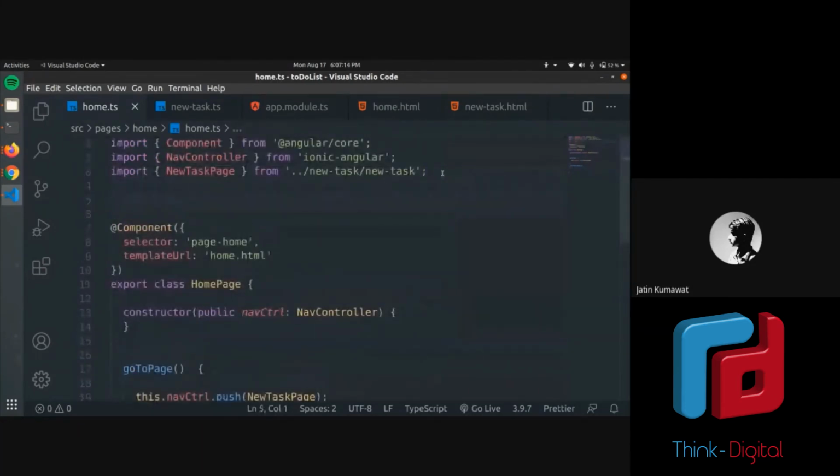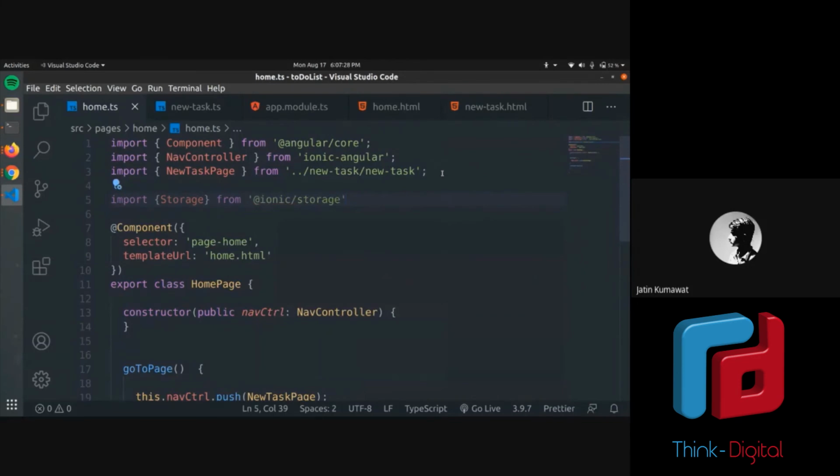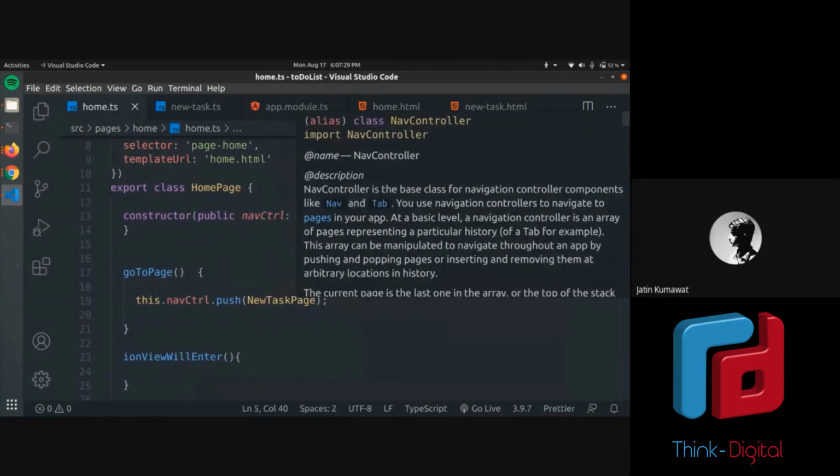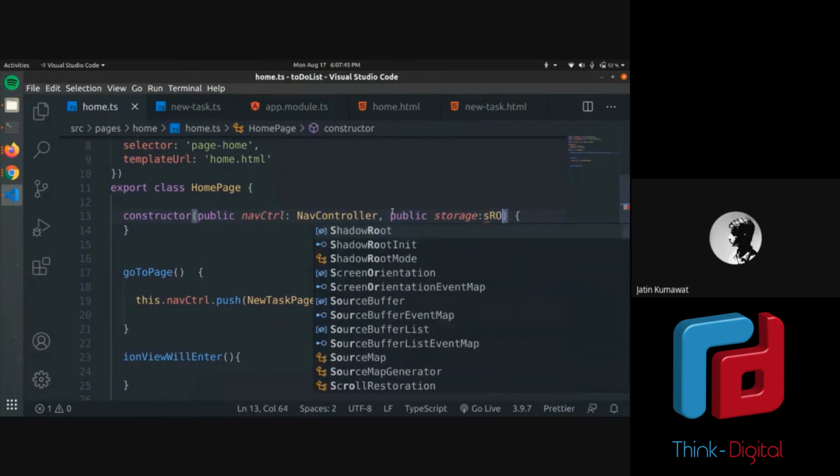I will import Storage from @ionic/storage. Again, I have to write the variable name in the constructor. Public storage, and once again Storage.